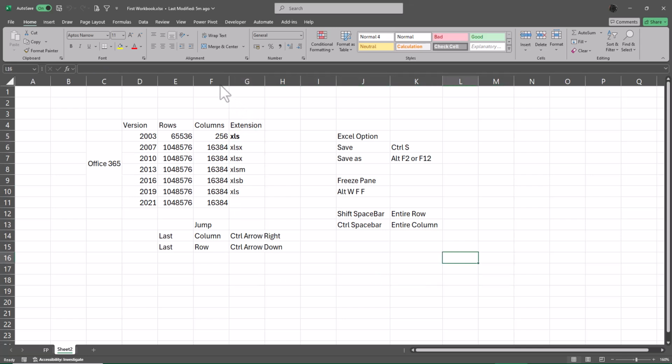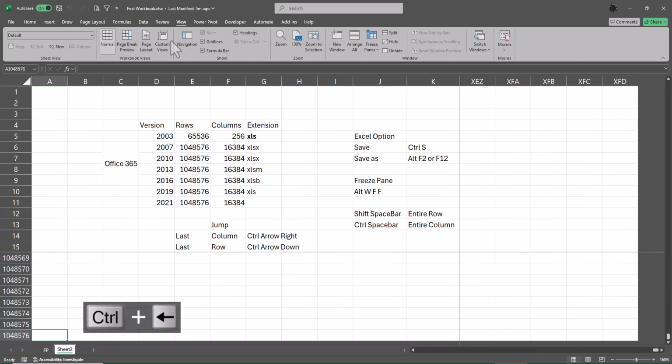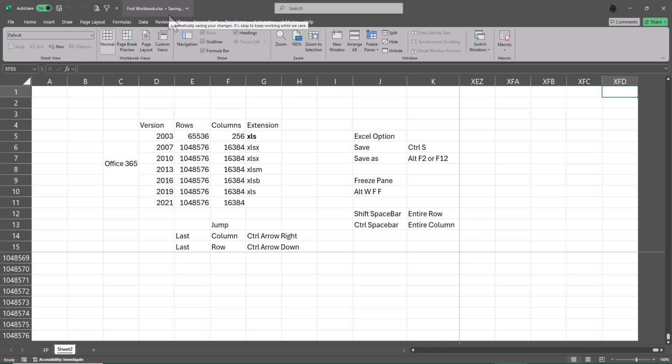So I'm going to place the cursor here and press Alt W F F. Now my freeze is on, so I can check whether my freeze is on or not. Yes, my freeze is on, and I'm going to save this Excel file. That updates my Excel file, and it is saving on top. Then I'm going to downgrade this to my older version. Now my file is saved. I'm going to press F12